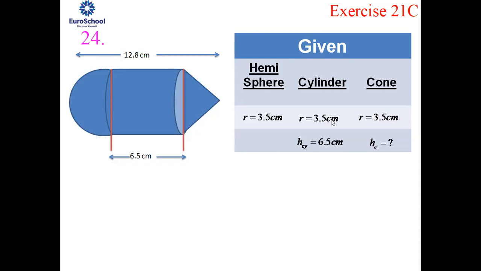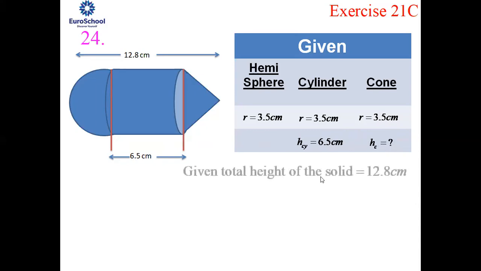Now let us move on to the next, which is height. Height of the cylinder is given, which is 6.5 centimeters. Here for sure you need to give the suffix, because it is not mentioned that the height of the cone has to be equal to the height of the cylinder. As both are going to be different, you need to separate them using suffixes. So H_cy is taken to be 6.5 centimeters, and now we need to calculate the height of the cone.